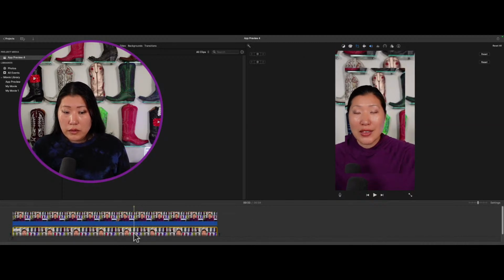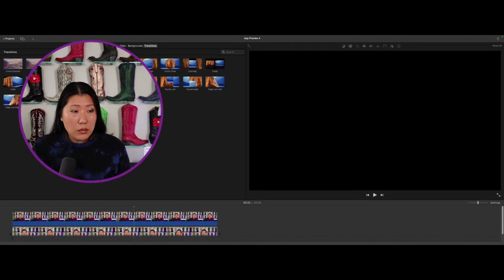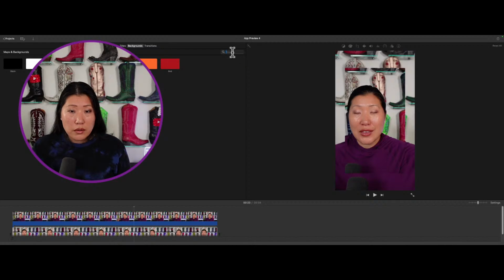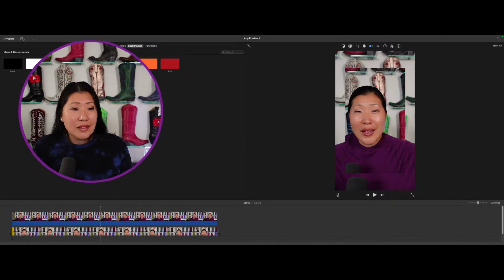Well, let me also throw this on here. Then you're going to find there is a background transitions. No, it's a background. It's not a transition, it's the background. Where is the one that I wanted? Oh, maybe it's because I'm in app preview. Because of that, I don't have as many options. That's right, I knew that. Okay, anyways, you guys get it.